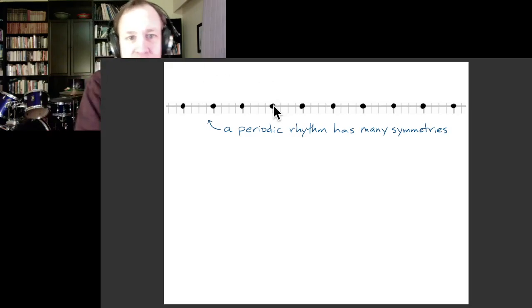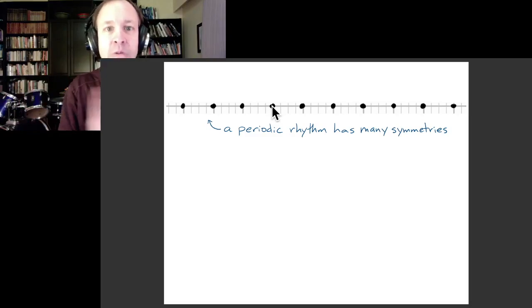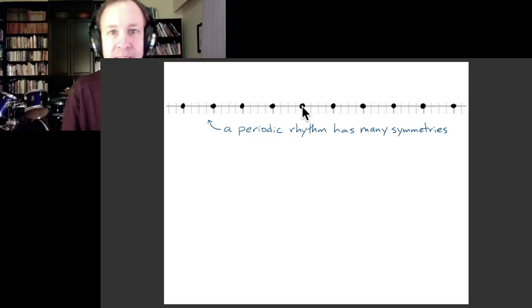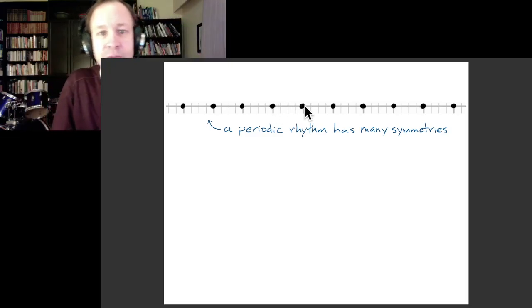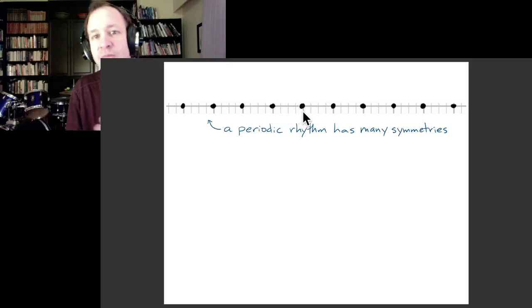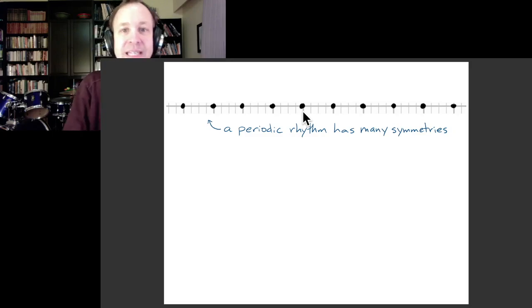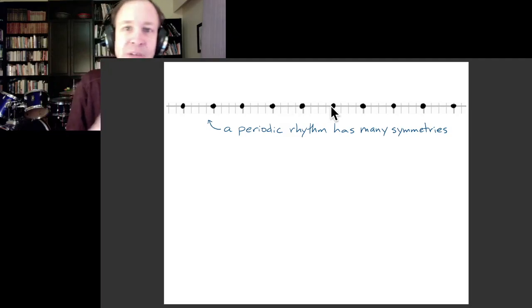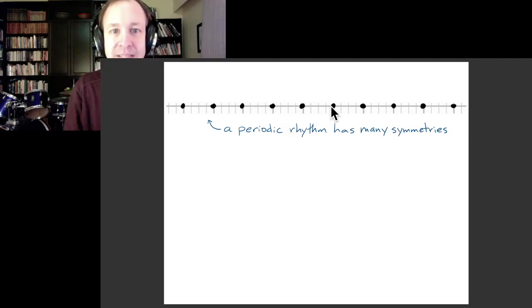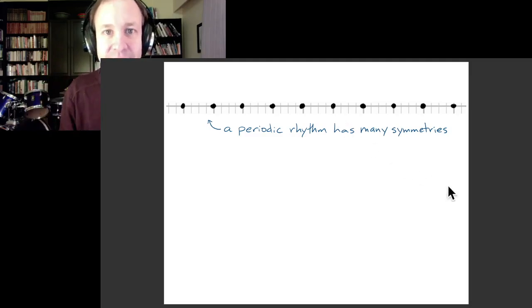We could shift the whole pattern forward by one beat. And so you could see that if I shift this thing forward by this one period, assuming that the period is the same as the beat in this case, then we get exactly the same pattern. Or if we shift it forward by two periods, we get exactly the same pattern. And so you can see that if I shift this forward in time or backward in time by any number of periods, we get exactly the same pattern.